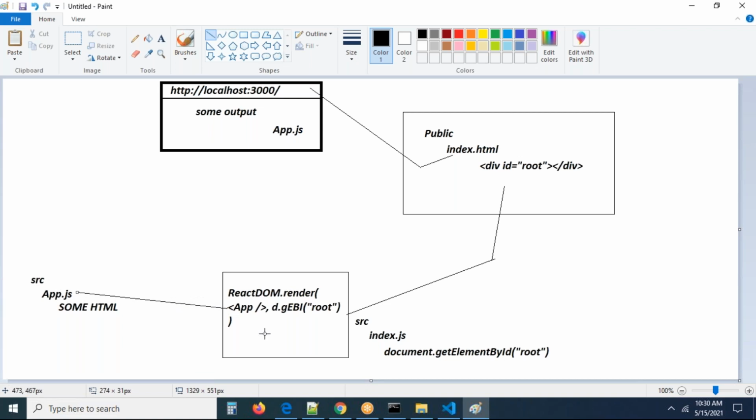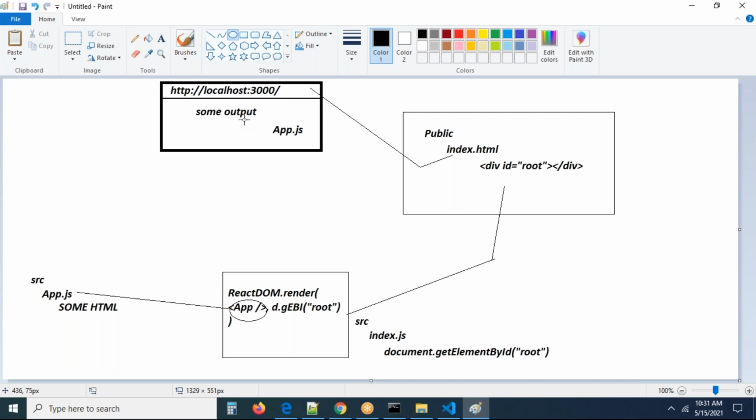The app.js is imported here into the ReactDOM render method. The behavior of this ReactDOM render method is that whatever component you want to bind to the front end, you have to pass its name here. What is the name of the component you want to bind here? App.js, the file you created. Tomorrow we can create one more component, hello.js, and then you can write hello.js here with document.getElementById root. That root will be bound to this root element. The root element will be rendered into index.html automatically.